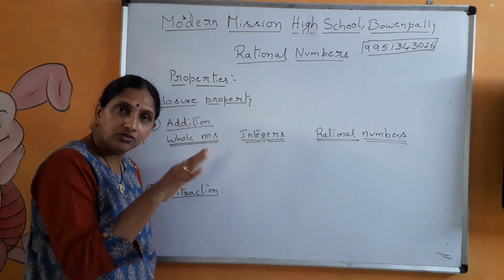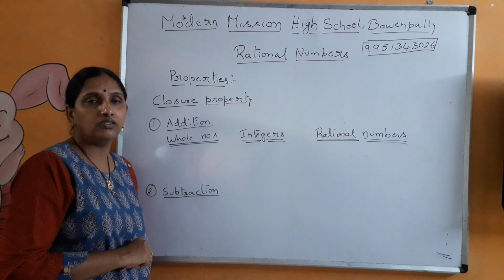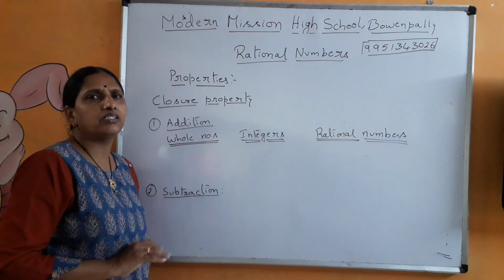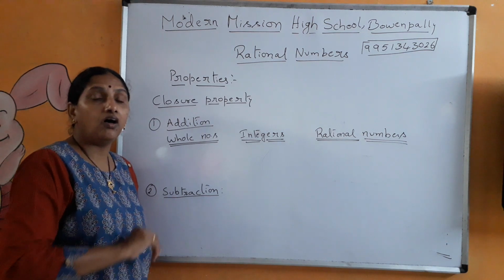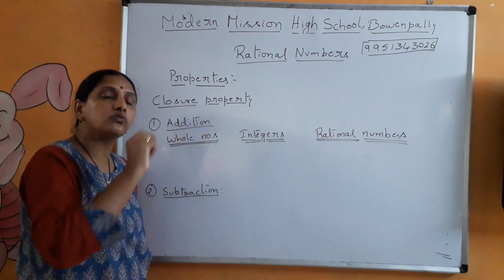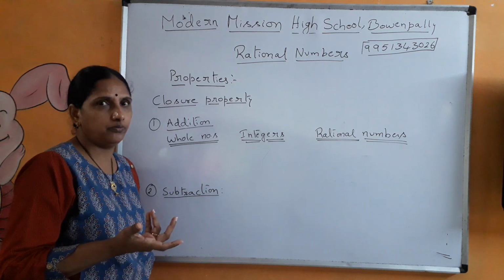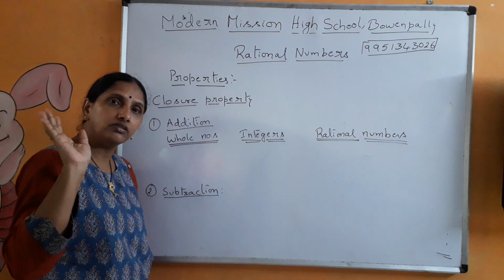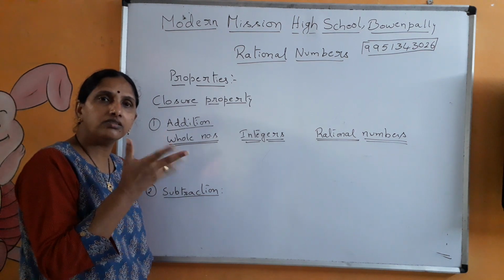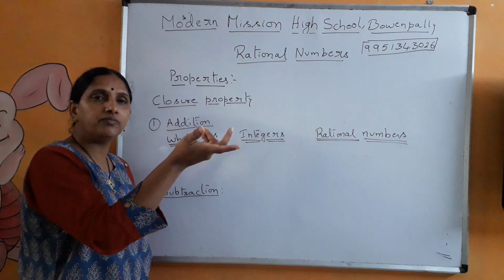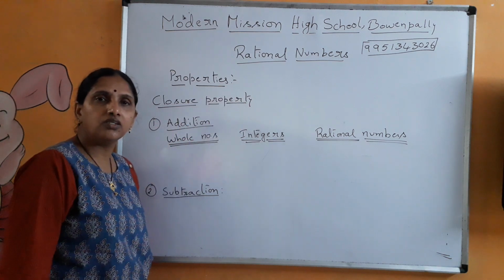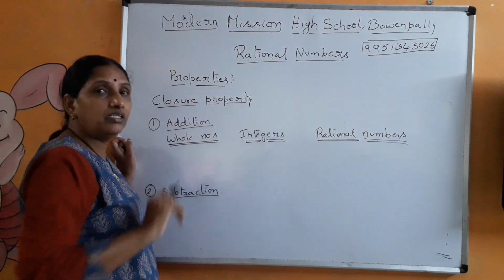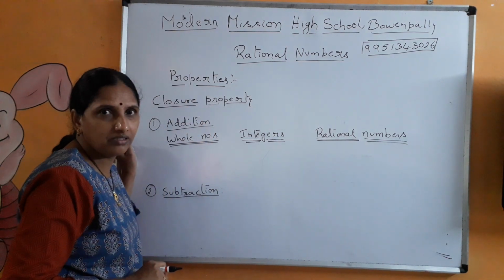But in natural numbers you don't have negative numbers. So therefore subtraction is not closed for natural numbers. Or else you can also say 2 minus 2. What is 2 minus 2? 0. Natural numbers start from 1, 2, 3, 4, 5 and so on. Where is 0? There is no 0 in natural numbers. So therefore closure is not obeyed. Right? So that means closure property is not obeyed under subtraction for natural numbers.